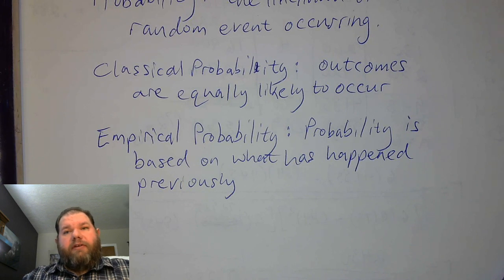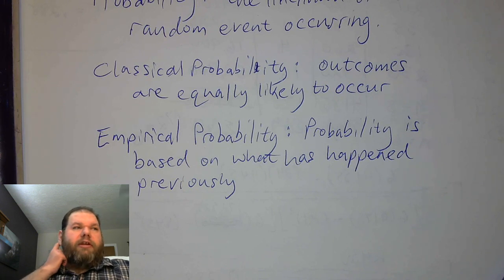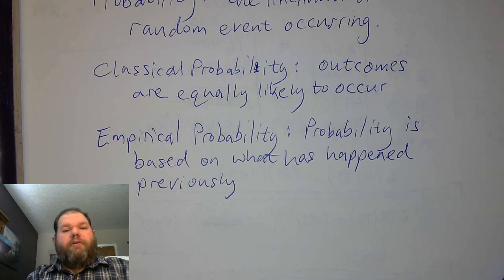Okay, and the same thing occurs if you roll a single die that has 6 sides. We know that there's a 1 in 6 chance it lands on 1, 1 in 6 chance it lands on 2, 3, 4, 5, and 6. And so those are all considered classical probability because we know exactly at what rate things should happen, although in experience we may see some different results.